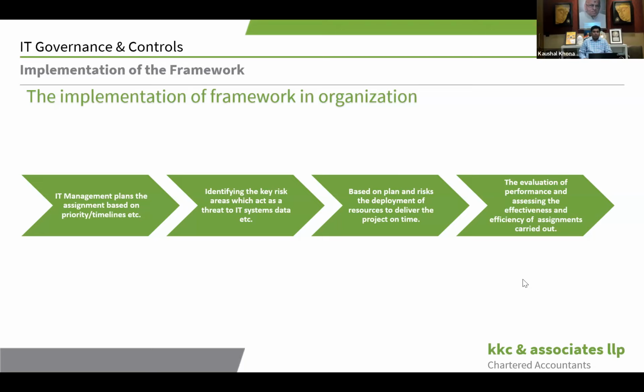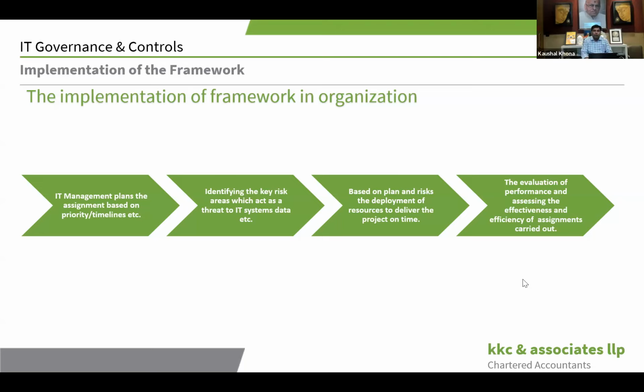Now, based on the initial plan you made in step 1 and the risk you analyzed in step 2, you can deploy the necessary amount of resources. Over here, I would give an example: if you are planning to set up a new server in-house to manage all your clients' data and store the data in it, then based on step 1 and step 2, you can plan whether you need an in-house upgraded server or you need to move to the cloud, and what kind of security measures you need to put in place.